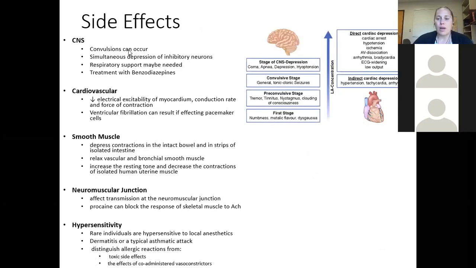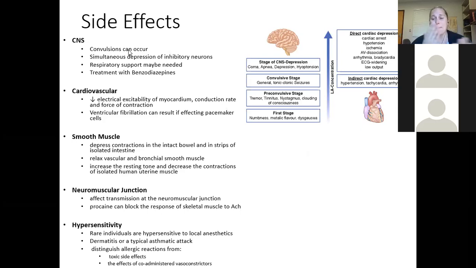Okay, so going off of that idea, there can be some negative side effects to the treatment of using a local anesthetic. You think about it blocking those voltage-gated sodium channels, but voltage-gated sodium channels exist in both excitatory and inhibitory synapses, right? So you can have things like convulsions occur if you have essentially a silencing of inhibitory synapses that happens simultaneously. Again, inhibitory synapses are kind of like the brake pedal for the central nervous system.